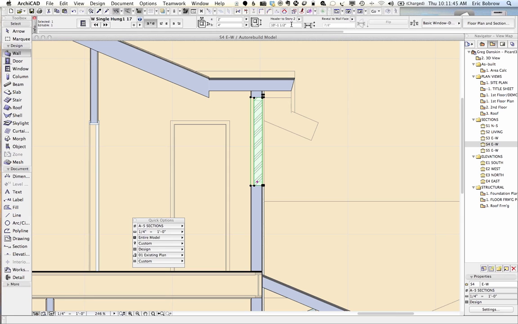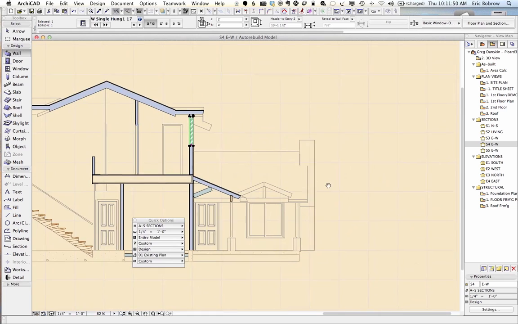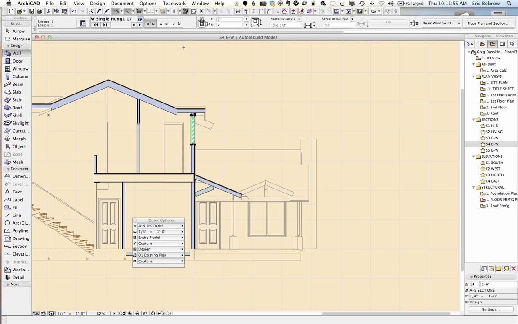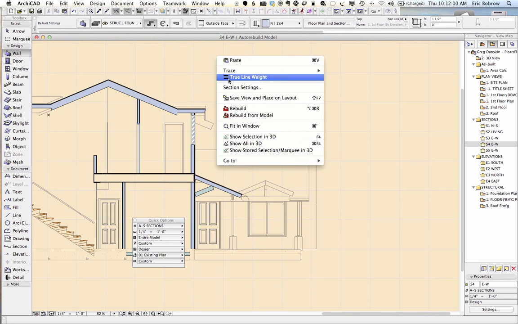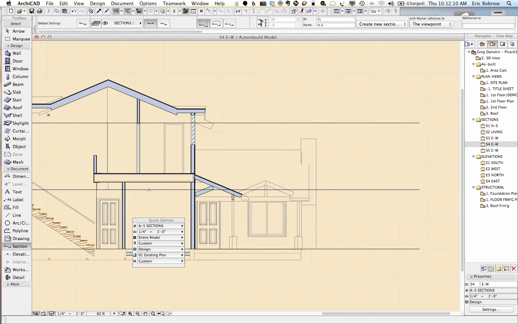Now, right now, that's saying the story, because you have your storyline, I guess you're not showing the storylines here, but the story, let's go to the section settings and at least temporarily show the story levels for display. So your storyline is not set in relationship to this part of the building. Right. And so it's going to be a little bit confusing, but basically in a simple case, the storyline